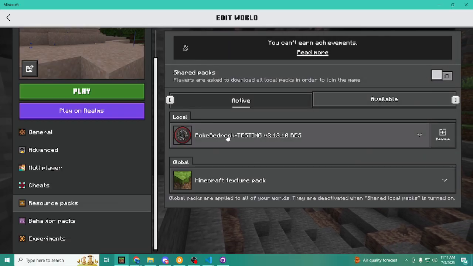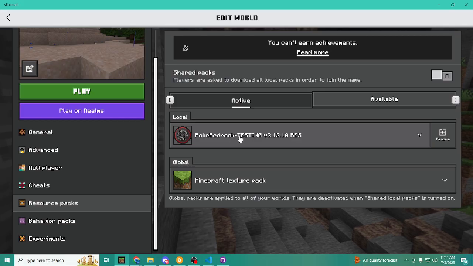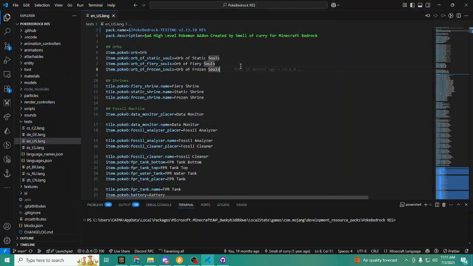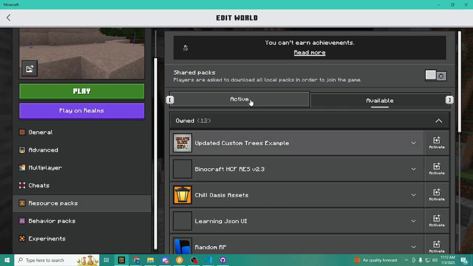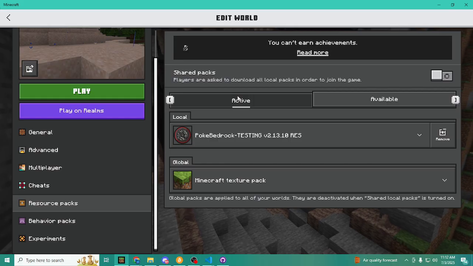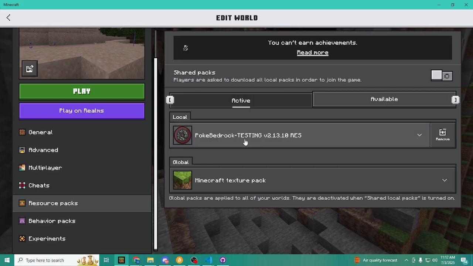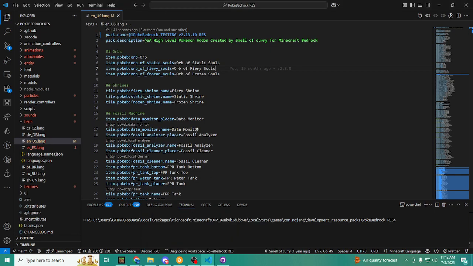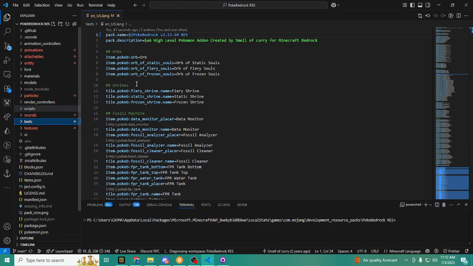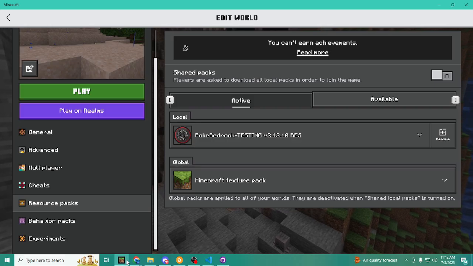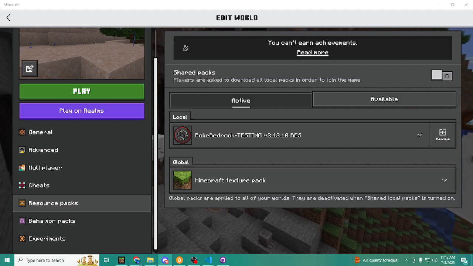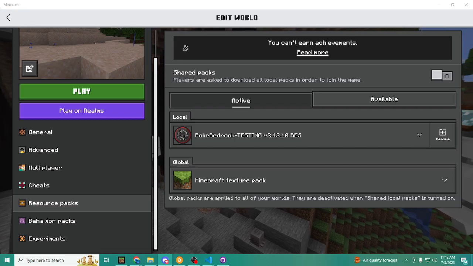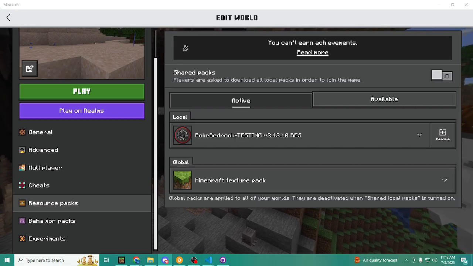And as you can see, instantly it worked for me. I was able to see that testing thing I added to it. So once you see that, it should be in your available packs, somewhere there. Once you see that, you know you're good to go. As you can see, this testing has changed. Then I'm going to revert that change because I don't actually want to change that. But that's going to be the change to confirm that your pack is working and actually going to display updates inside Minecraft. Okay, so now we are going to move on to the next part of the tutorial,